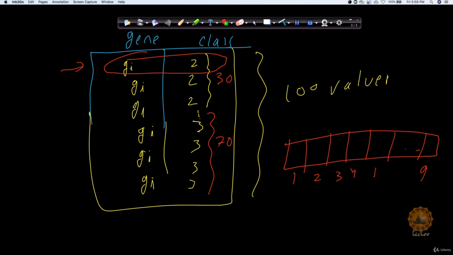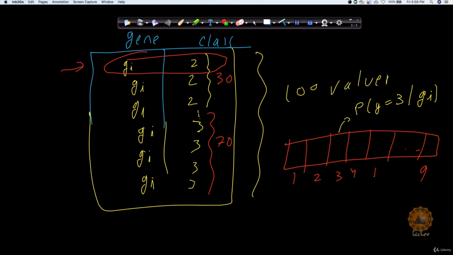If you look at this probability term here, this is probability 3, so we can also call it the probability that y belongs to class 3 given my gene gi.